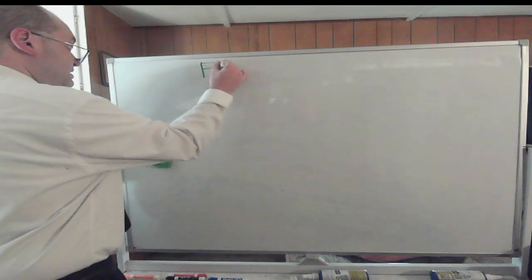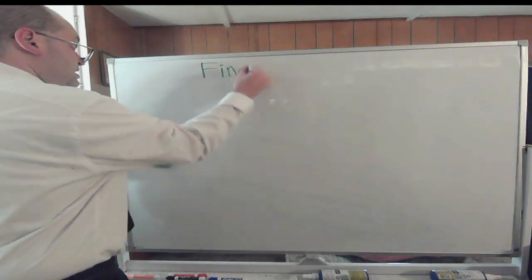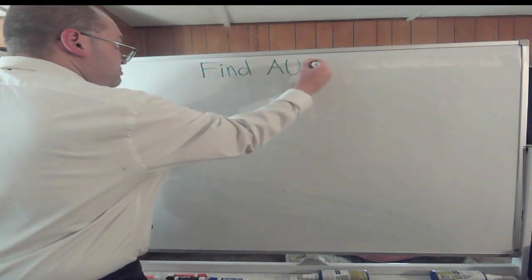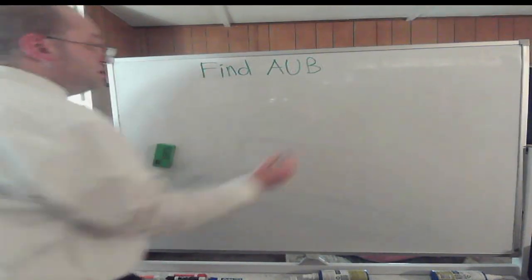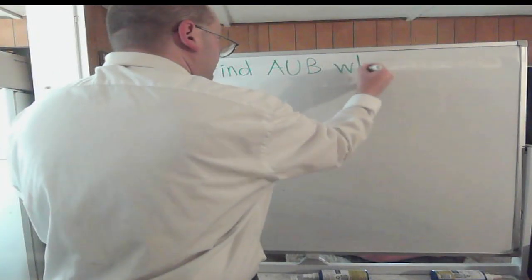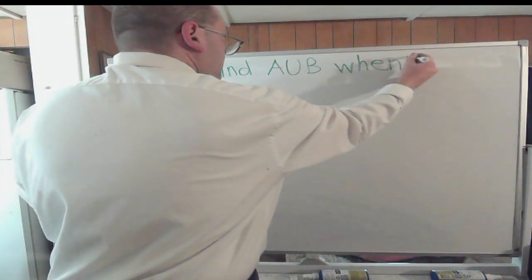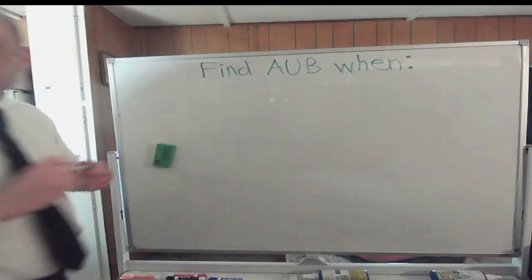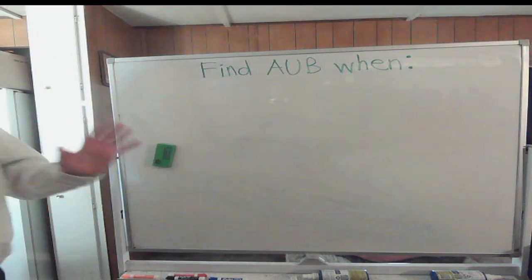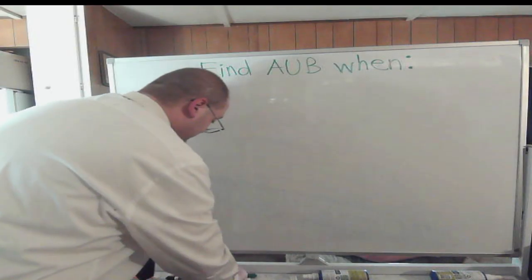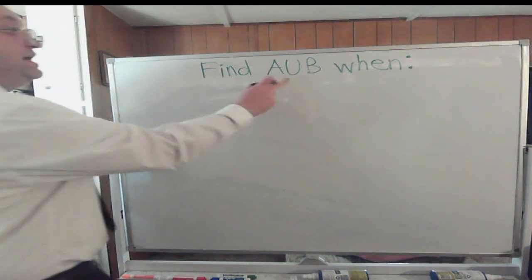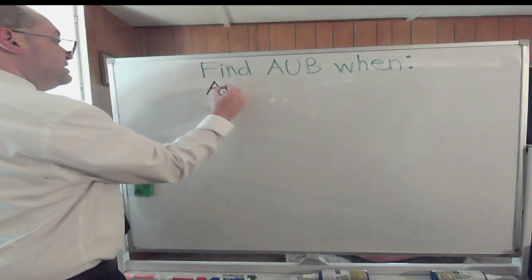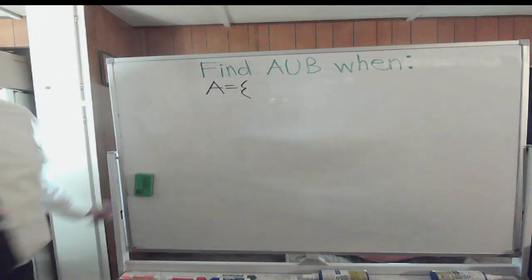Find A union B. All right, so for these few problems here, we're going to do the union of two sets. And we only have 2 sets, so that's going to make life a lot easier. We'll find A union B when set A is equal to the set of